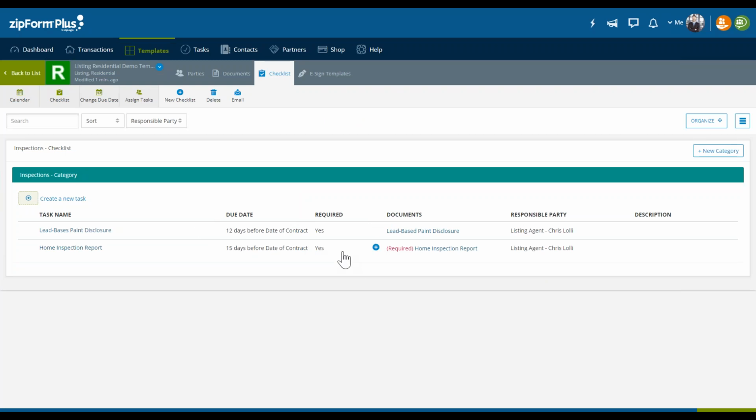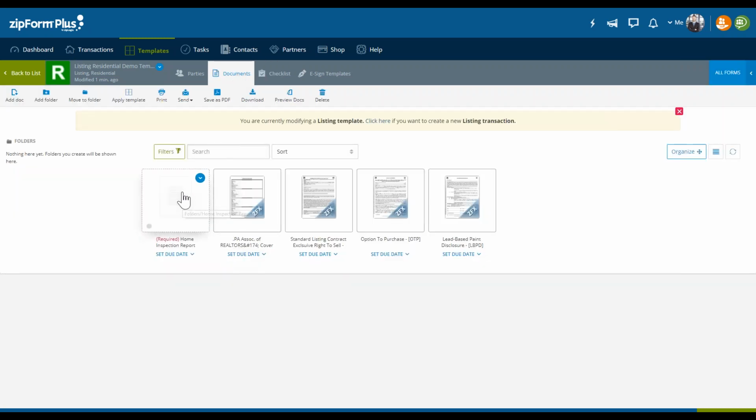Again, the idea here is creating this placeholder. The idea is that I'm going to be able to actually obtain this document at some point or another, and I'm going to import it into whatever transaction it may be, and it will replace it, and thus I'll have that document, and thus the task essentially will be fulfilled in that it's no longer a ghost of a form. It's the actual live form itself.